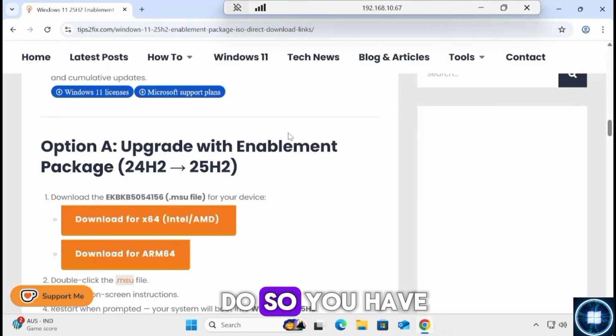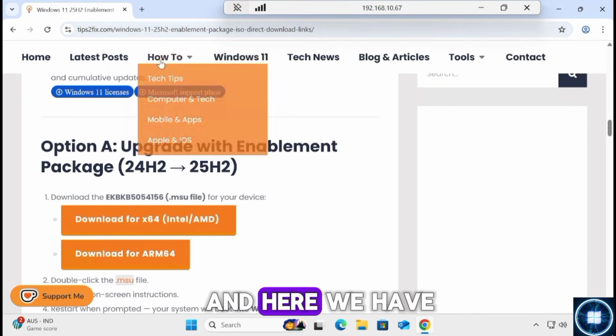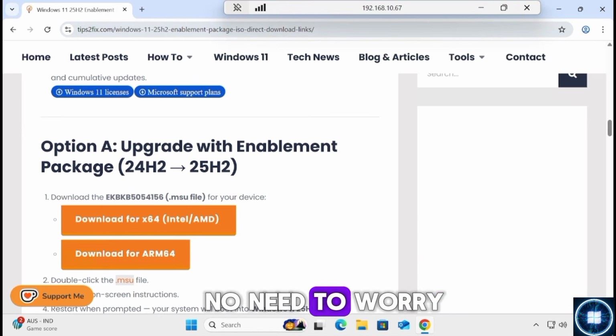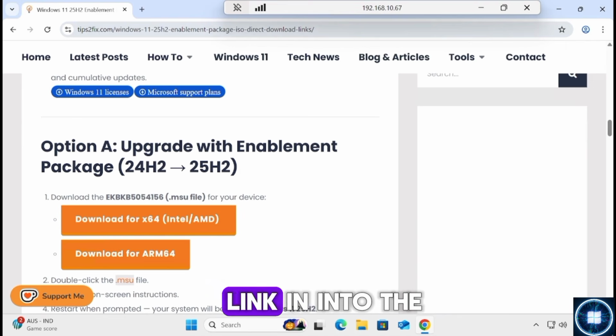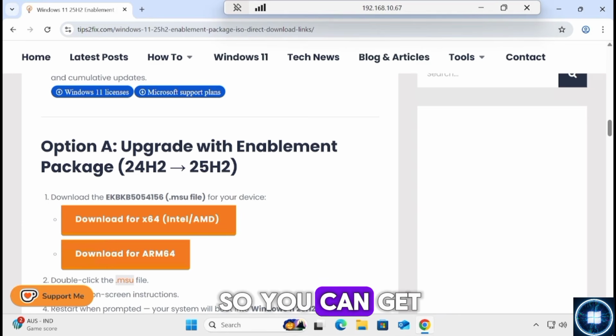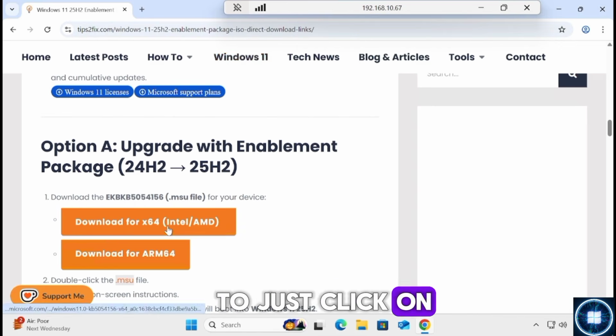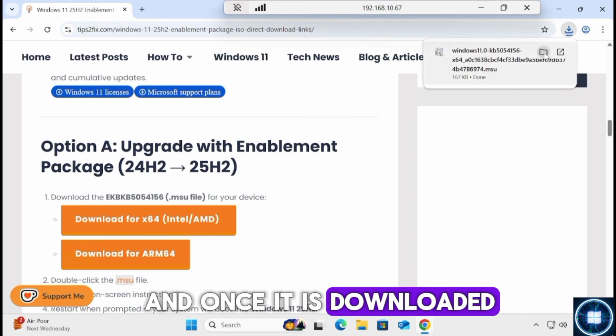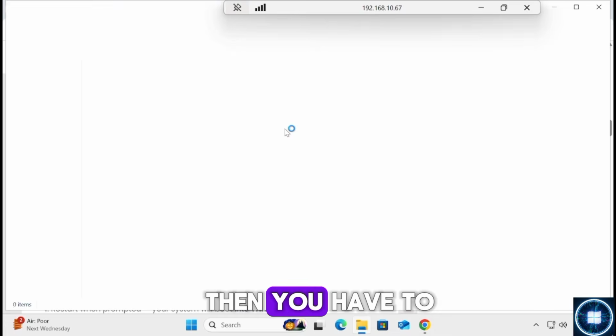To do so, you have to go to a website. I found a very good website where the enablement packages are available. You can see 24H2 to 25H2, and no need to worry about this website. I will put the link in the video description, so you can just copy and paste it from there. Now just click download, and it will be downloaded instantly. Once it is downloaded, just double click on it